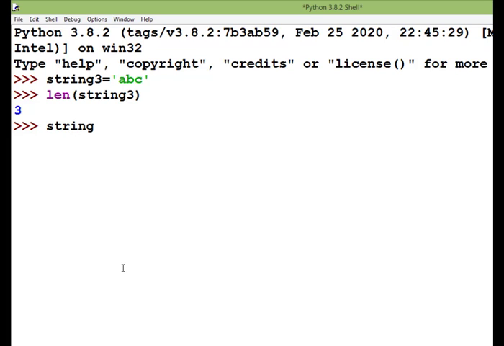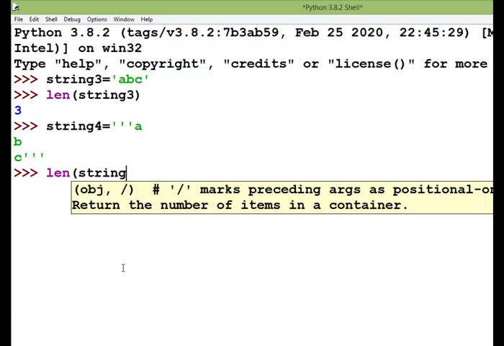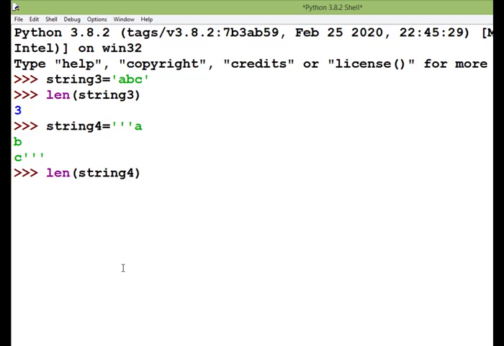Now again I am going to write string 4, and now I am using it in multiple lines. Multiple line string, 3 quotes, and A I am going to write here, then enter. B I am going to write here, then enter. C I am going to write in the third line, and then close it. Now I just want to see the length of string 4, and what would you expect? What will be the length of the string? So it's 5.